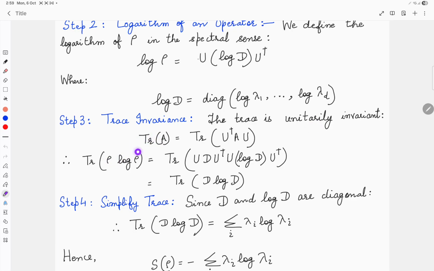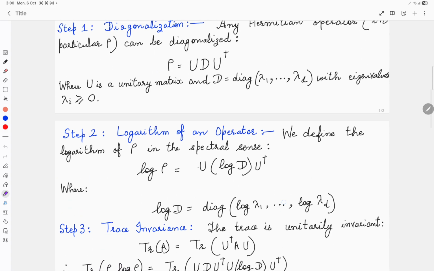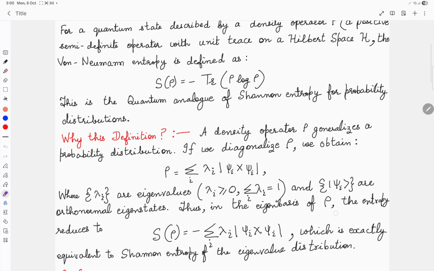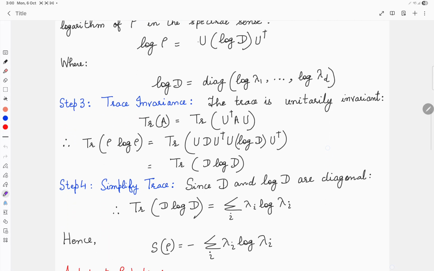So in our case, the A operator is rho log rho. So we will have to take the trace of rho log rho, because we are interested in calculating the trace of this, because this is how we defined the von Neumann entropy. So this is equal to, you substitute the value of rho as U D U dagger, and